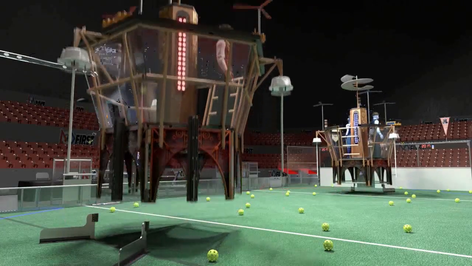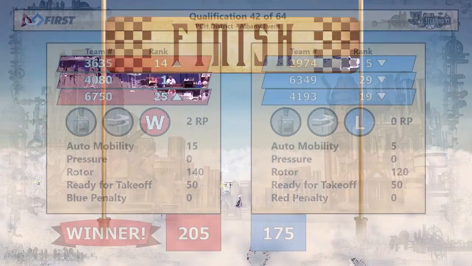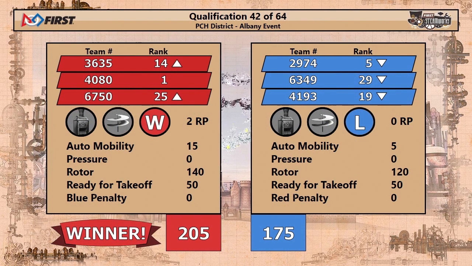As match number 42 is in the books, here we go in the clouds one more time. The Red Alliance crosses the line ahead of the Blue Alliance with a score of 205 to 175. The rotor points made a big difference in that match, as well as the auto mobility crossing the line in auto. That made a difference in the match. 42 of 64 in the books as we're going to go to